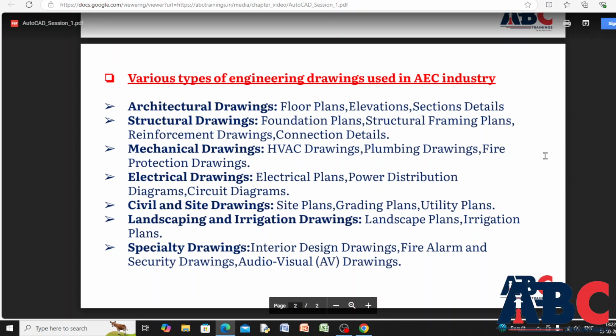HVAC drawing, the heating, ventilation, and air conditioning drawing, plumbing drawing, fire protection drawing, fire safety drawing, etc. In electrical drawing: electrical plan, power distribution diagram, circuit diagram, etc. And specifically for civil and site drawing: site plan, grading plan, utility plan, and others, that is